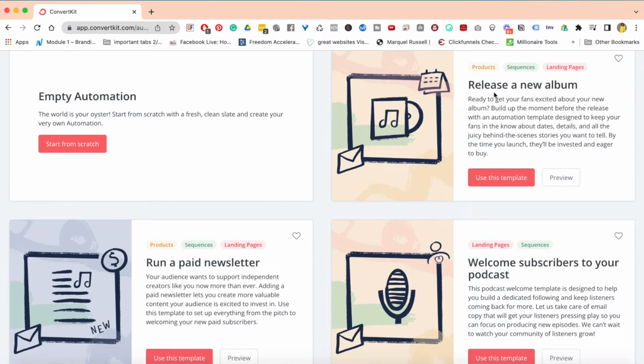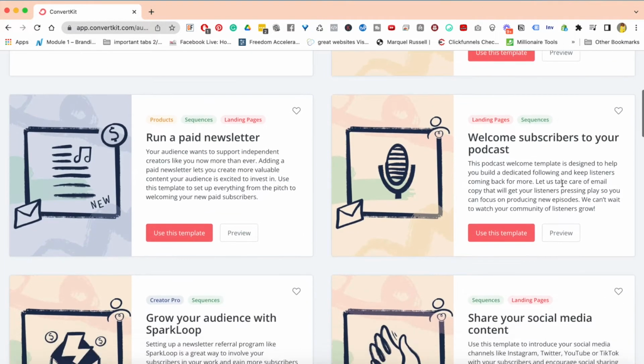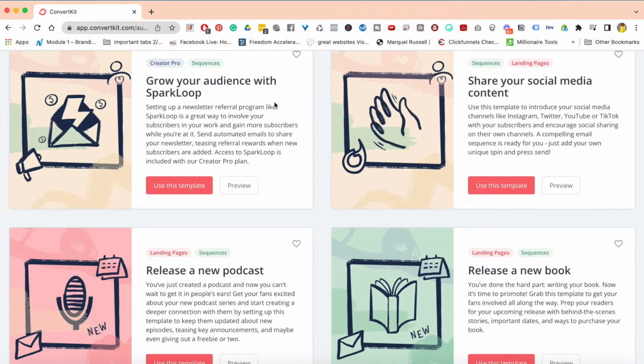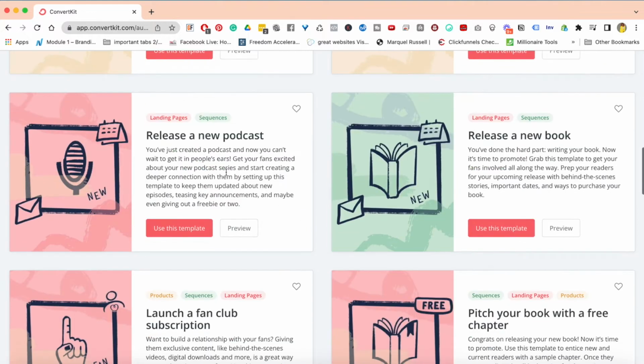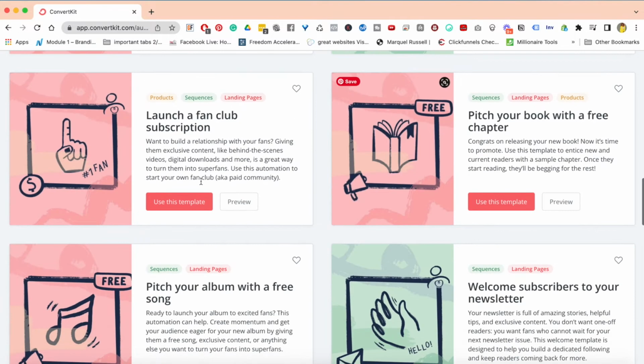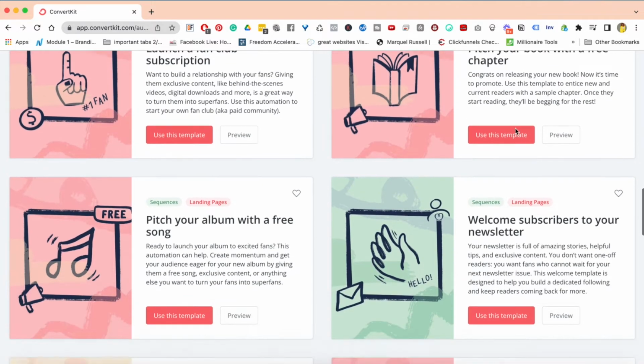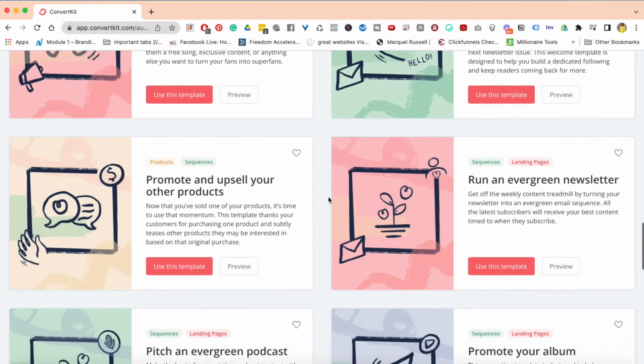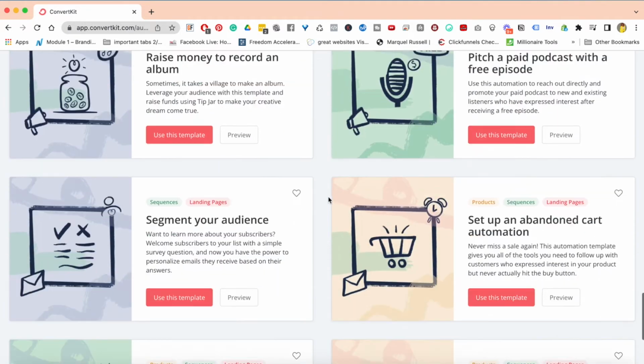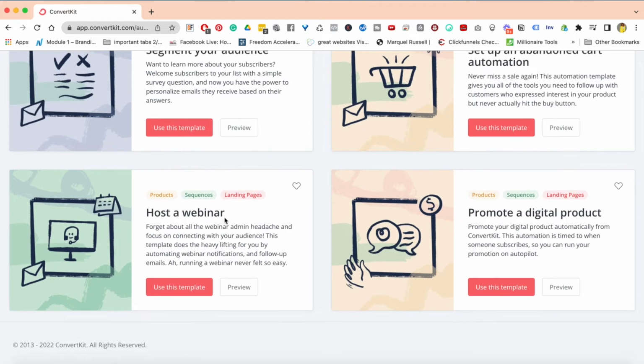So you have an automation pre-built to release a new album, to run a paid newsletter, to welcome subscribers to your podcast, grow your audience in Spark Loop, share social media content, release a new podcast, release a new book, launch a fan club, and all of these amazing templates that you have. And it just keeps going, guys. Like, seriously, it is amazing. Host a webinar, promote a digital product. There's so much that you can